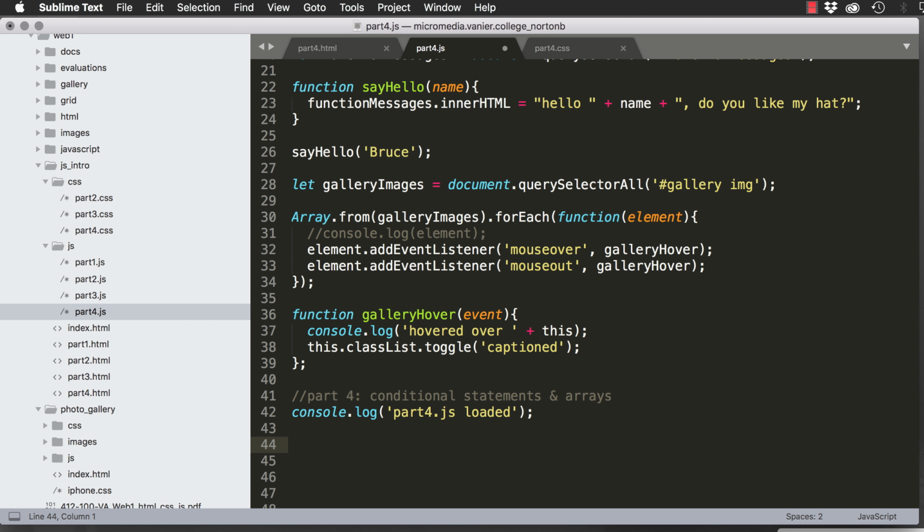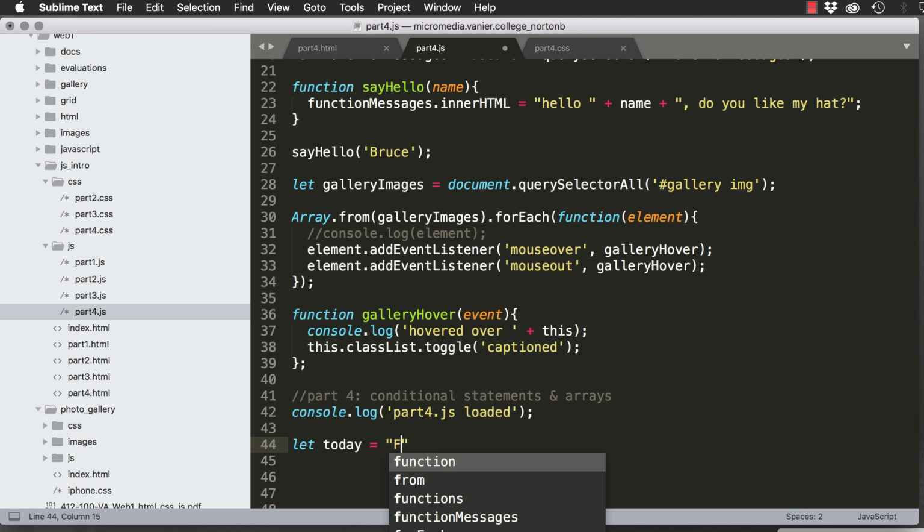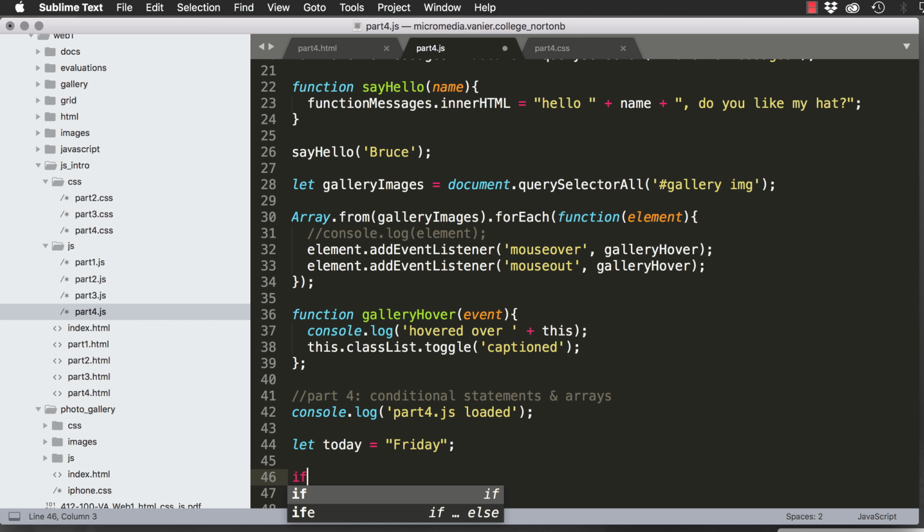Okay. So what I want to do is create an if statement. So I'll start off by letting today, so variable today, be equal to Friday. And we'll create our if statement. So there's the if, here's our conditional. So if today equals Friday,